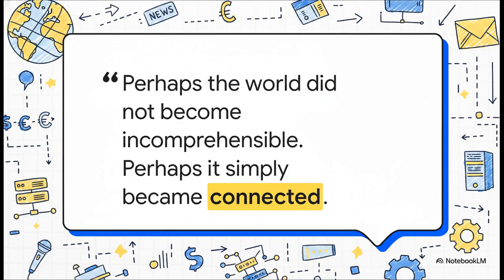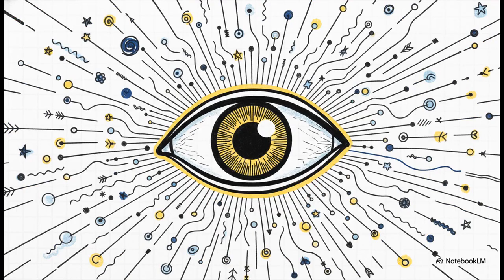I want to leave you with this final thought from the research. It's a realization that, honestly, completely shifts how you watch the news, how you view the economy, and how you understand technology moving forward. Perhaps the world did not become incomprehensible. Perhaps it simply became connected. Our observation of the civilization OS is very much ongoing. The system is constantly shifting, the pressures are always moving, and we are really just beginning to map the true architecture of our world. I hope this explainer has sparked a lasting cognitive shift for you today, and hopefully from now on, you'll start to see the world not as a series of broken pieces, but as one beautifully, sometimes overwhelmingly, connected whole. Keep observing the structure,